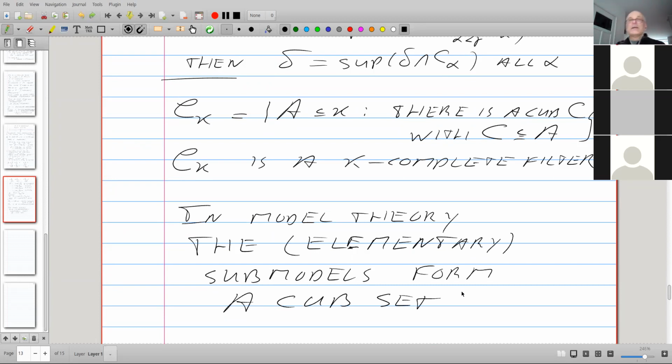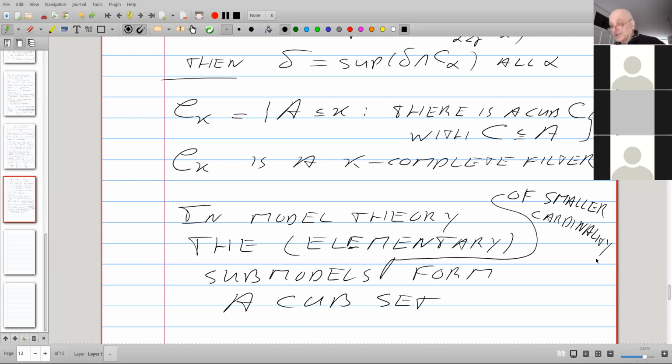If you were to have a model of size Aleph1, then, I should mention here, of smaller cardinality. So if you have a model of some theory and you take all the submodels that are, say, countable, or, well, if your model has size Aleph1, you look at the countable submodels.